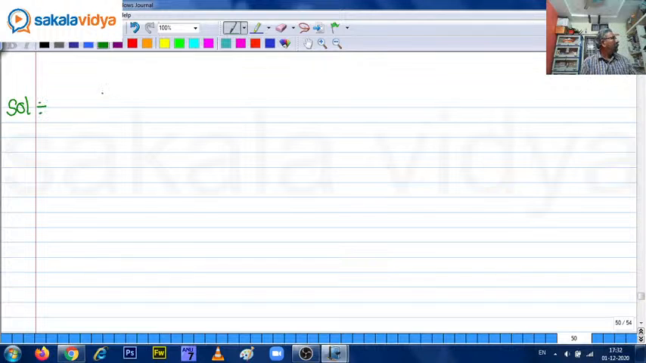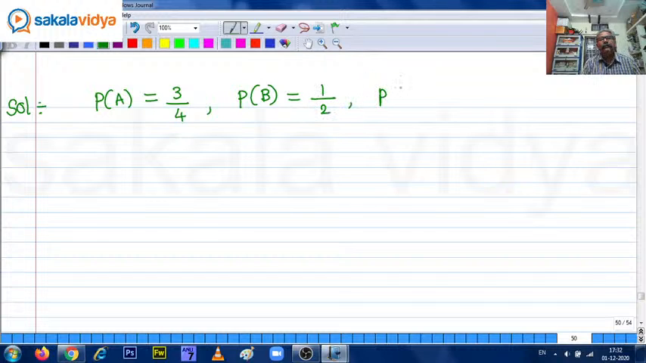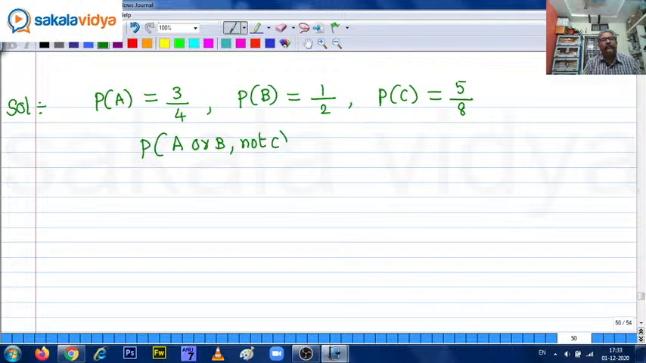Solution. So now P of A equals 3 upon 4. Let us say the probability of hitting the target by A is P of A, P of B is 1 upon 2, P of C equals 5 upon 8. So what we need to find out is P of A or B, not C. Symbolically we write it as P of A union B